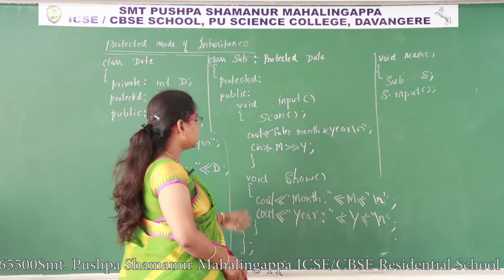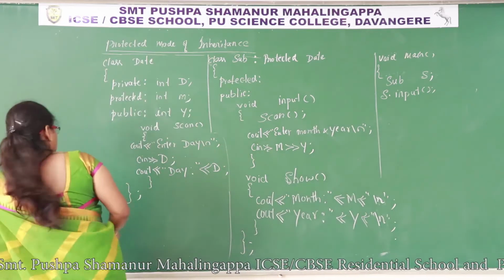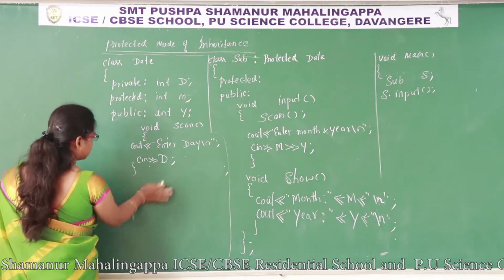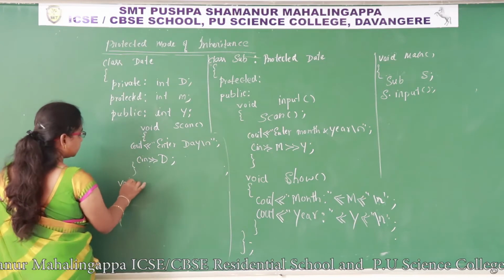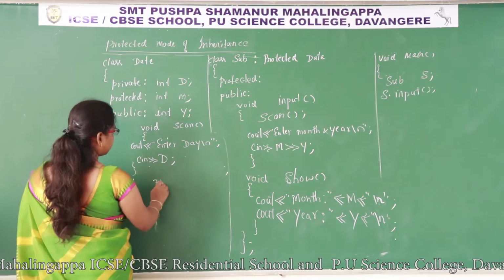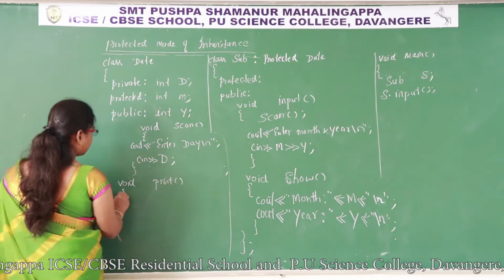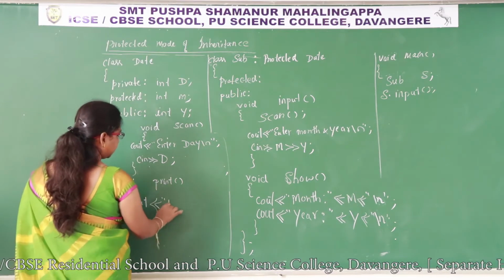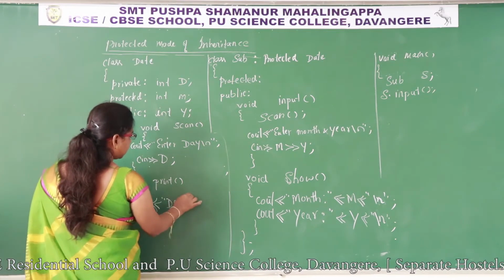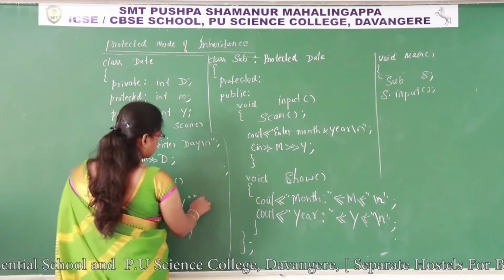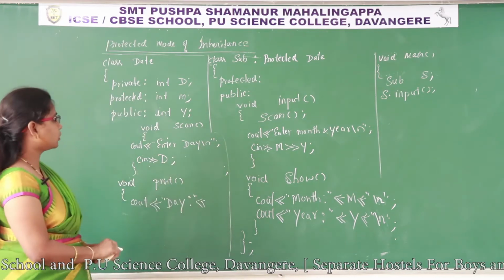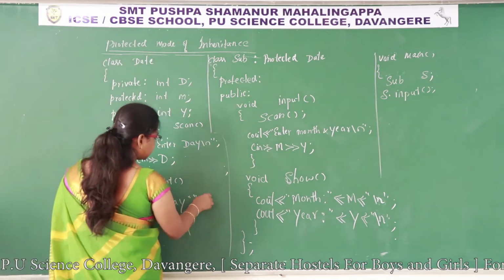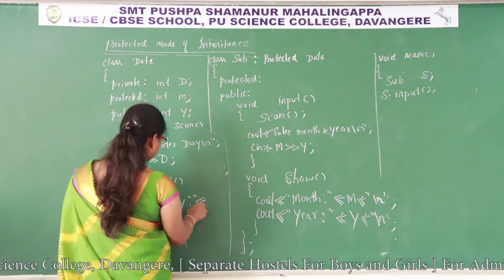Now I want to display with the show function, or we can take, so we won't get a formatted output if we display here. So I'll take one more function in this class, void print. I'll take print function, open flat bracket, cout day. I'll display like this, day. First I execute read functions. What are the functions which are meant for getting the data? Later I'll display the data.